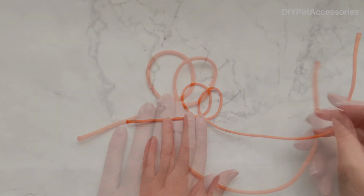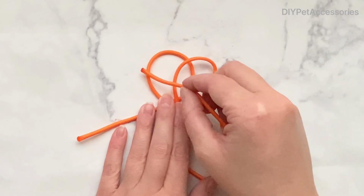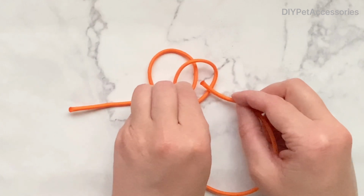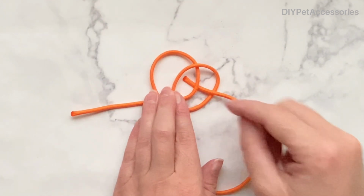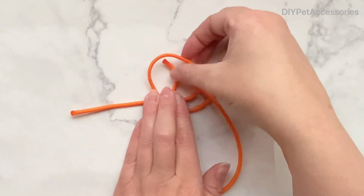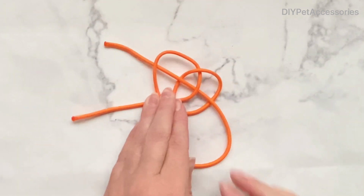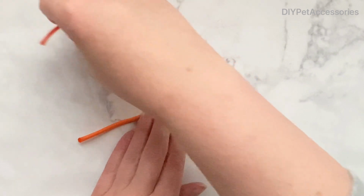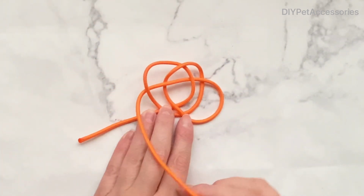I'm going to take my long piece and I'm going to go over, under, over, under. I'm going to go over the first, under the second piece, over my third piece here, and then under my final piece. Now I'm not going to tighten this yet, that comes later. But I am going to just bring it through because I'll need to bring it round to create our final section. So bring it over,